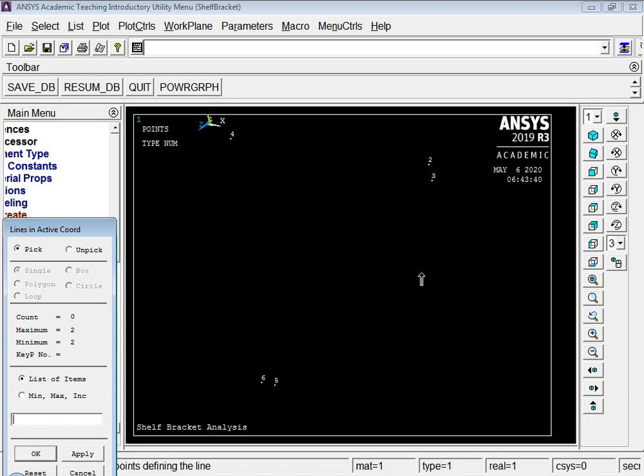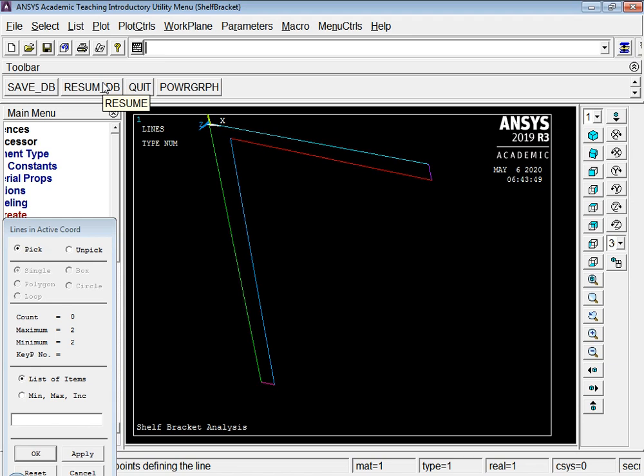Okay, remember the first point which we selected was the origin point, which is at 0 0 0. Ideally we don't want a point at 0 0 0, whereas we want a point at 0 0 minus 15. So what we will do, we will change that.